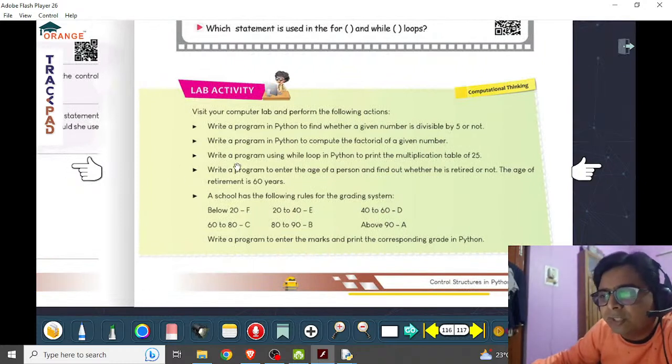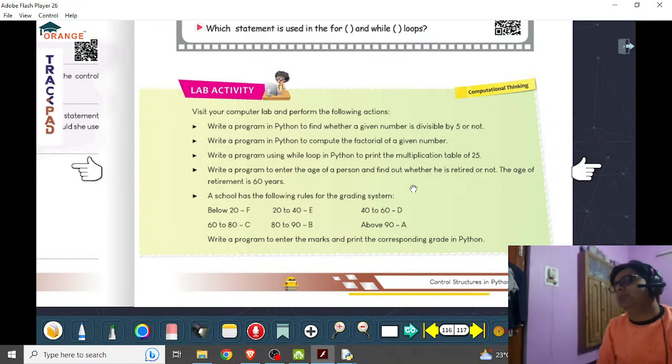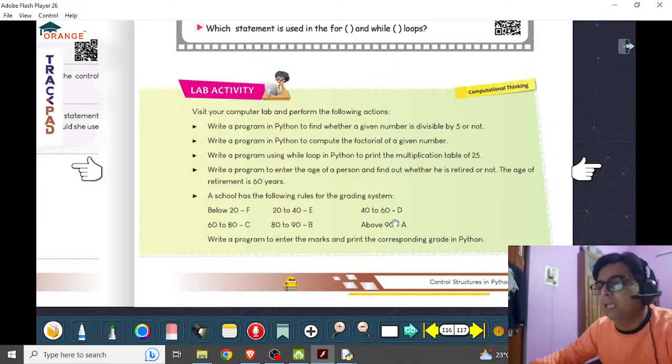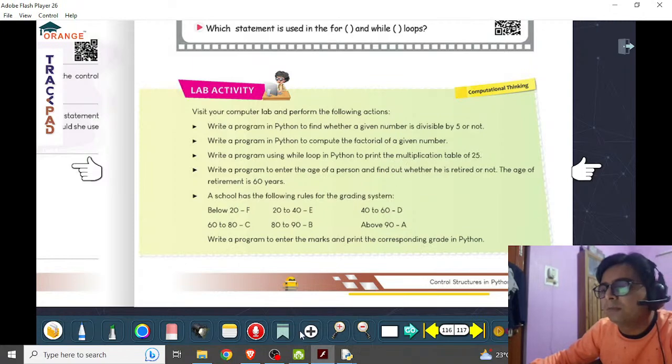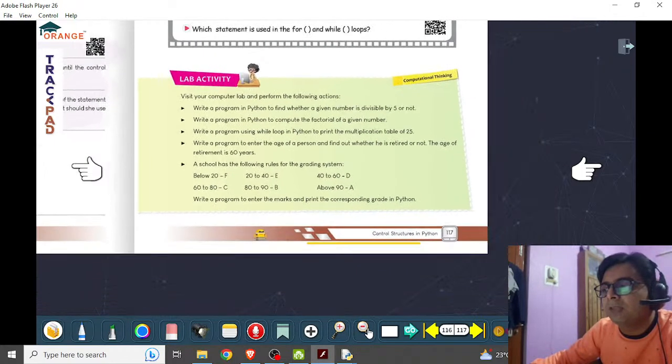117 second question. Write a Python program to compute factorial of given number. Okay, factorial number. Do you know what is the meaning of factorial? I am telling you. Factorial of given number means,